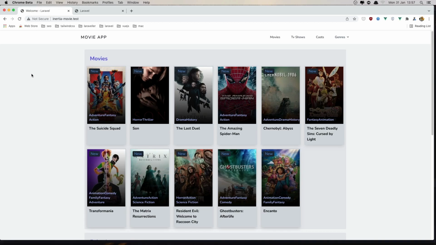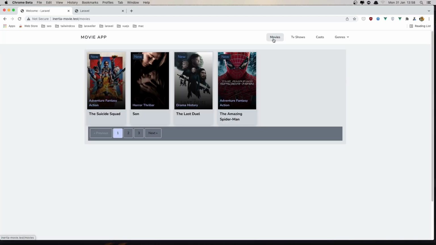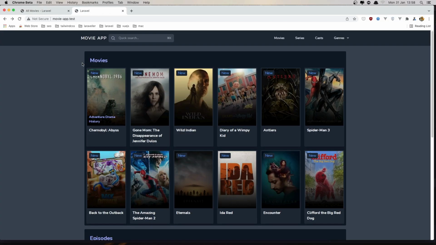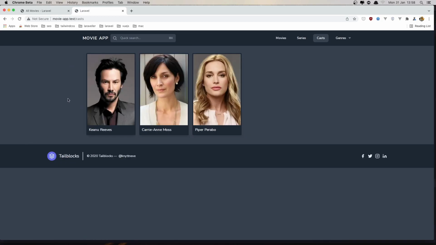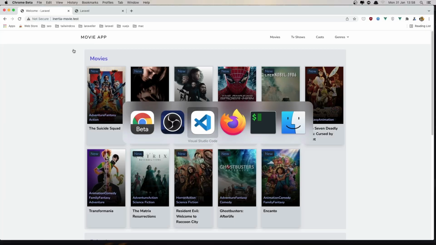Hello friends, in this video I'm going to work with the casts. So when we click here I want to do the same thing, display all the casts. So in the movie app created with Livewire, when we click here we display the cast, only the image and the name. Okay, so go to the VS Code